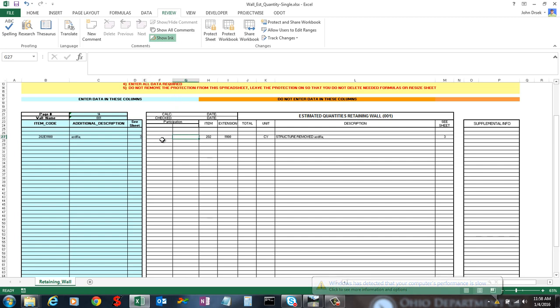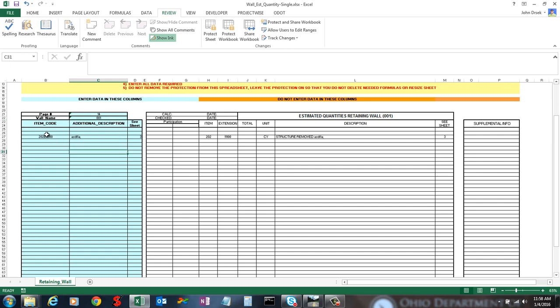So then the quantities would go right here for each split or participation, and then there's a total column. The formula will fill that out. And so if you insert columns here, I would check the formula and make sure it's still going to total all of them. And so the code is going to grab this and this,